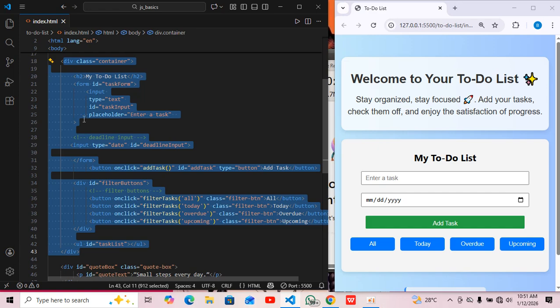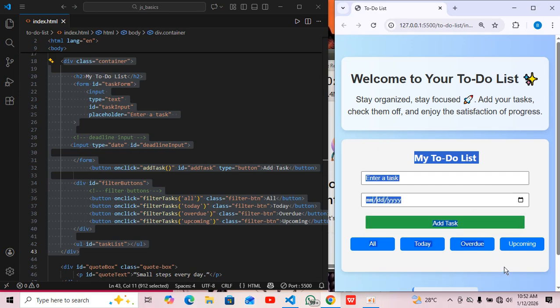And the result of these highlighted codes is this. It's actually the container, the whitish container after the welcome paragraph or welcome message. So the result of this div